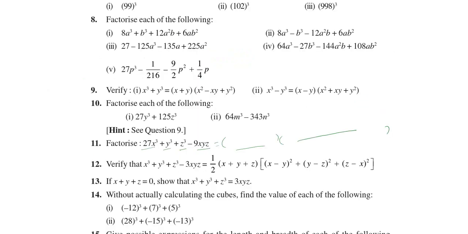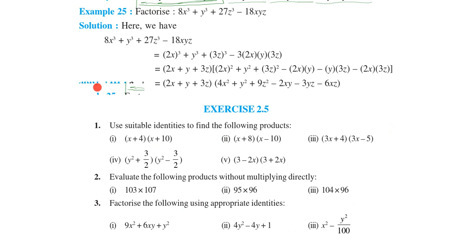Yes. So the 11th question we are doing. It is question 20: factorize 27x cube plus y cube plus z cube minus 9xyz. Now there are four terms. To factorize this, we are going to use identity number 8, which is x cube plus y cube plus